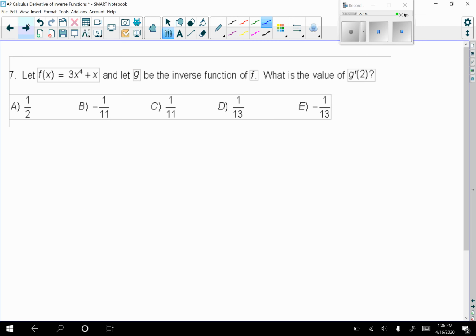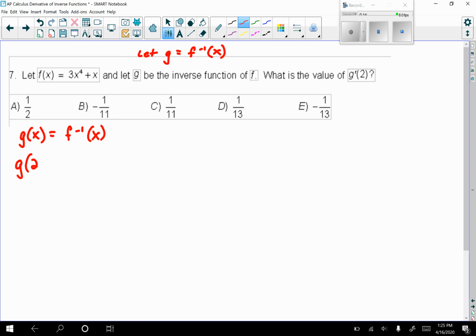All right, here we're going to let f of x equal 3x to the 4th plus x. And notice here it's saying let g be the inverse. Instead of f to the -1, it's just calling it a completely different function, which sometimes it does. So we're going to make it a little bit easier for us. Instead of it being g, we're going to let g be this notation, because in our formula that's going to be very helpful. So if g of x is equal to the inverse of f of x, then g of